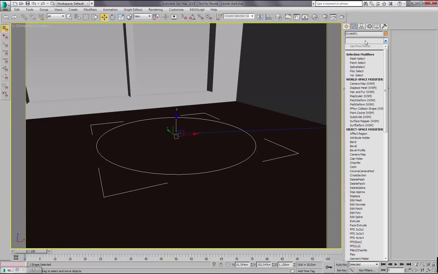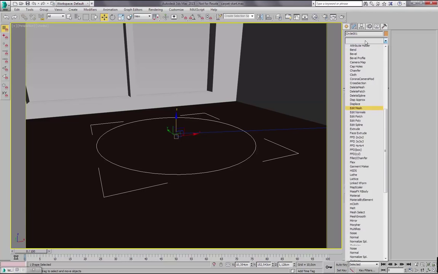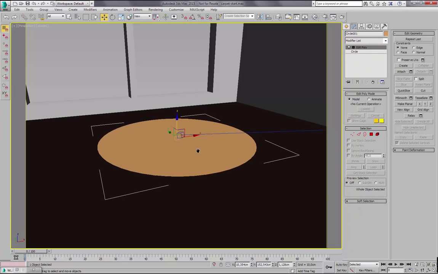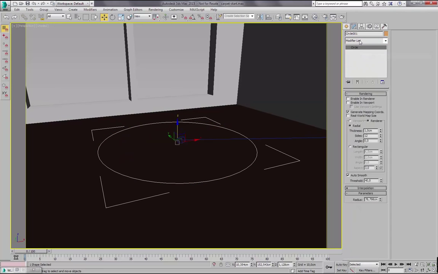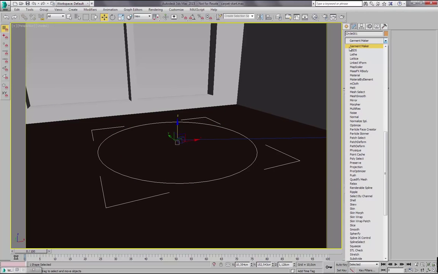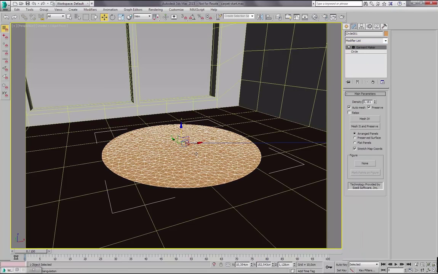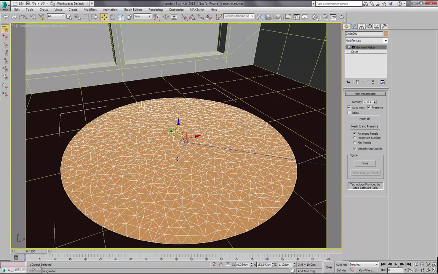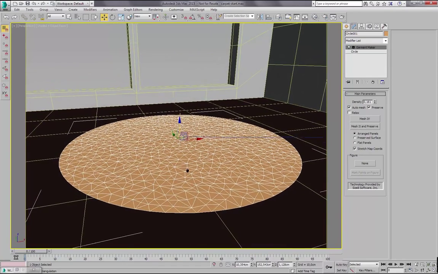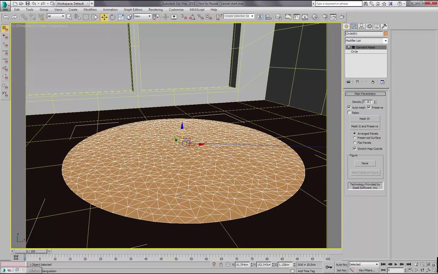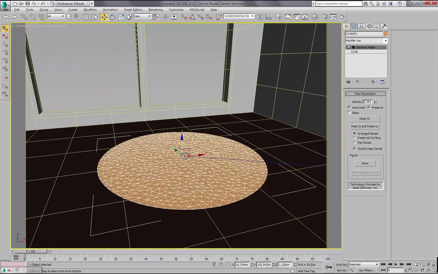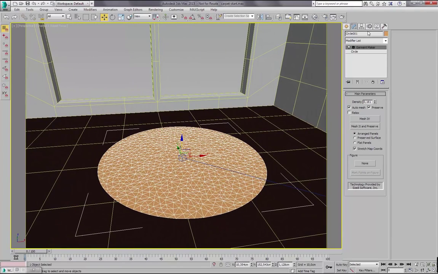You can do this either by using, for example, edit poly modifier, or by using garment maker modifier, and I will use this one as it will give us some additional polygons which you can use to create some detail on the base mesh. Okay, so this will be our carpet base,